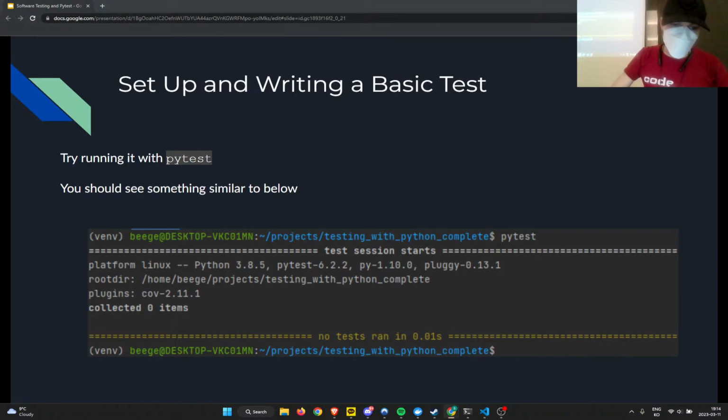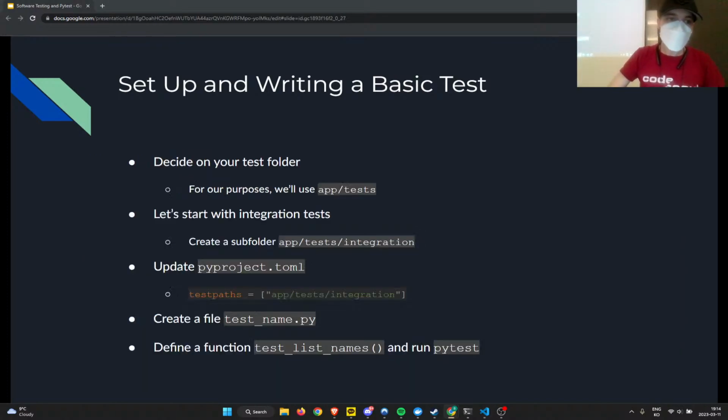And now let's configure it for our basic tests. That's kind of the base. But now we're going to start with integration tests just because that's less code to write, and because we're using SQLite, so we don't have to set up any external services. A file is our external service, so we don't need to do anything special.